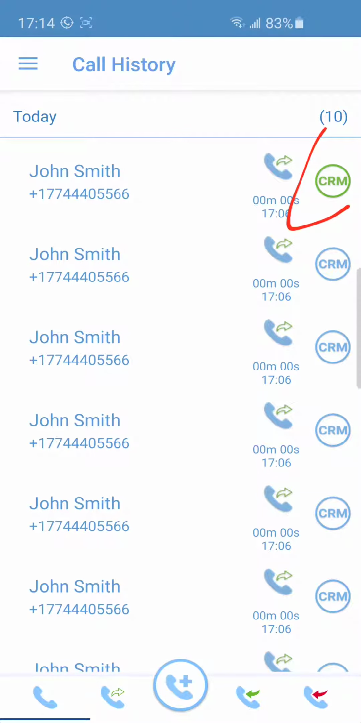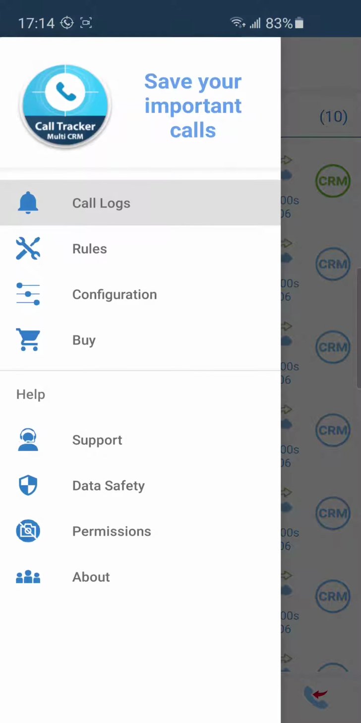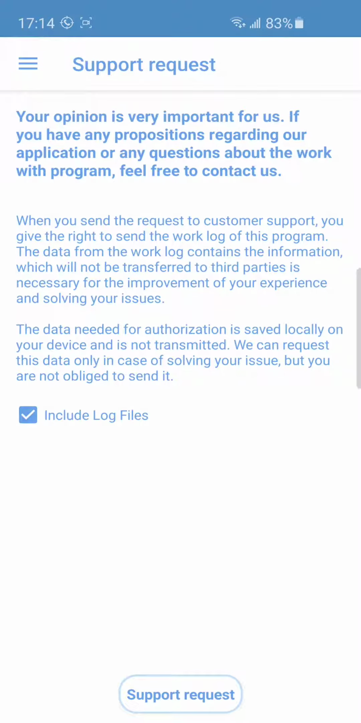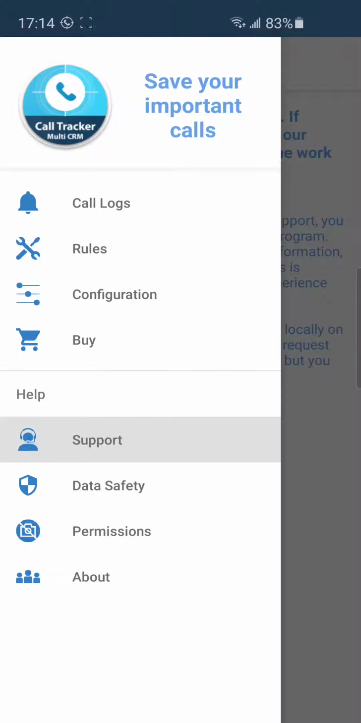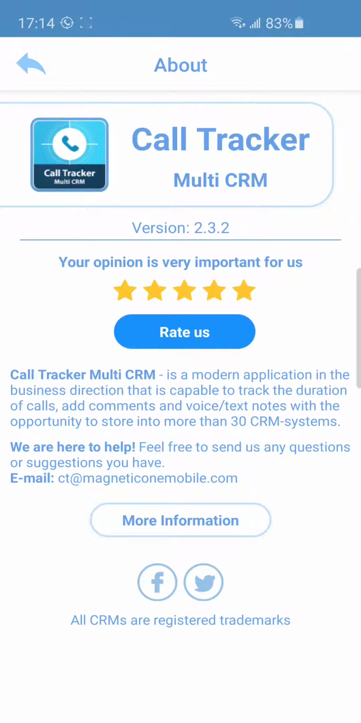If you are facing some problems with the app or have any questions, please send us a support request via email where you can describe everything in detail. You can leave your feedback or rate us in the